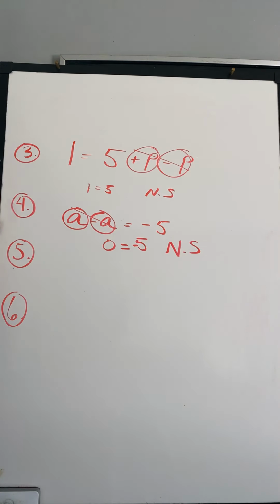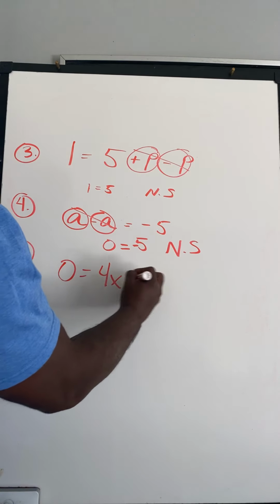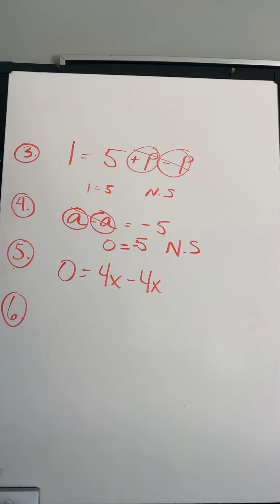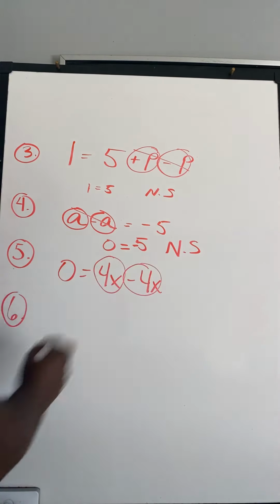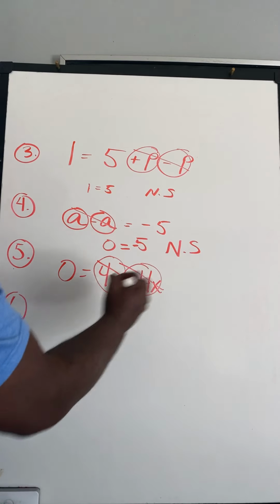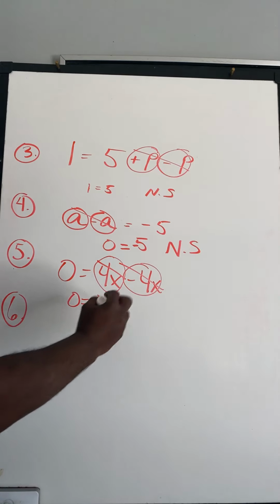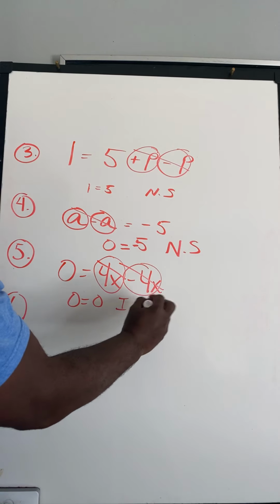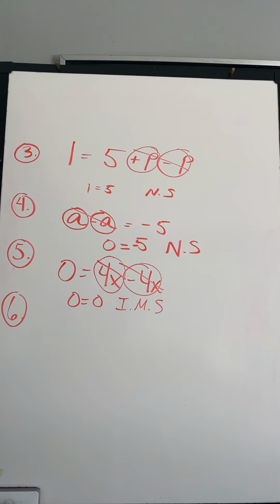Number 5 is 0 equals 4x minus 4x. You see the pattern here? These are teammates. But when I combine them, Lakers, Clippers, they become 0. Does 0 equal 0 on this one? Yes, it does. Infinitely many solutions. I could have put any number in the x. It was still going to be true. Okay? Number 6,